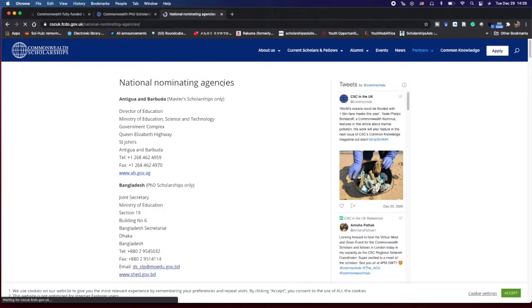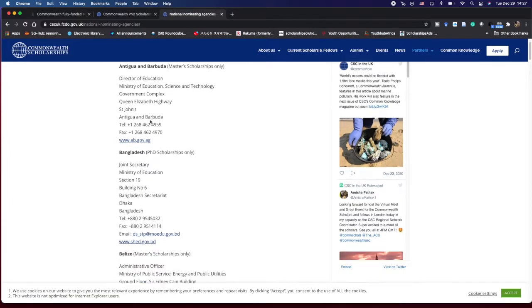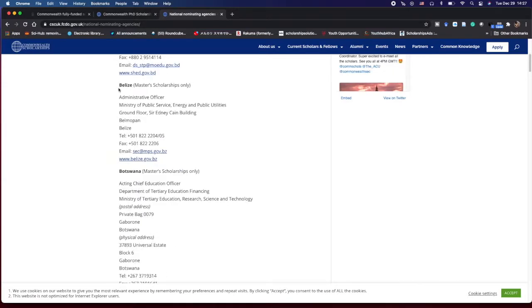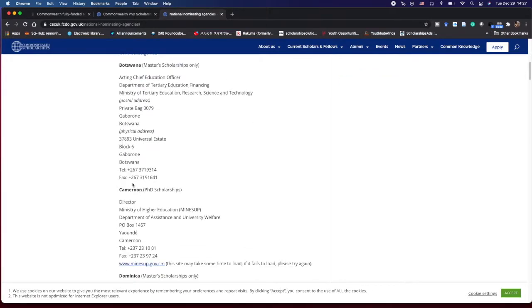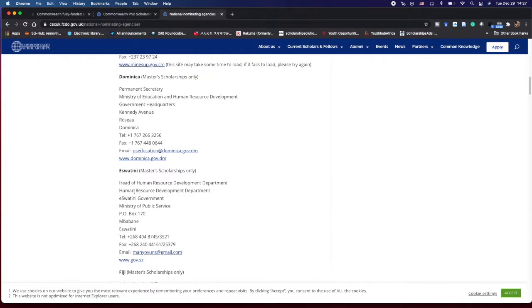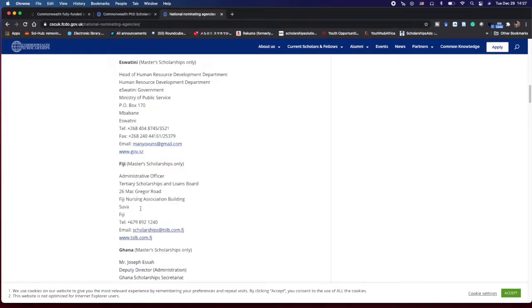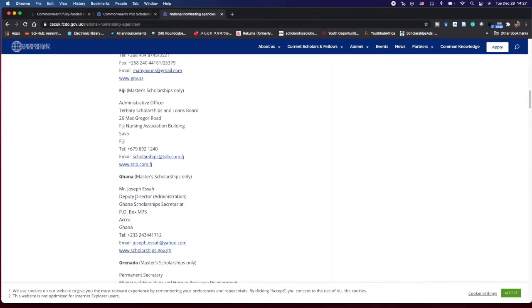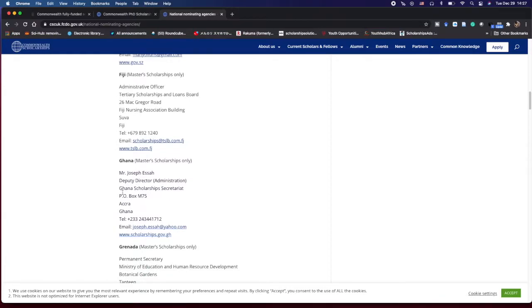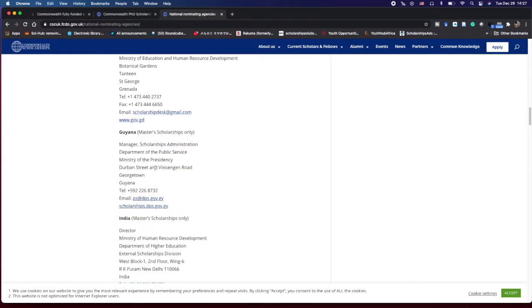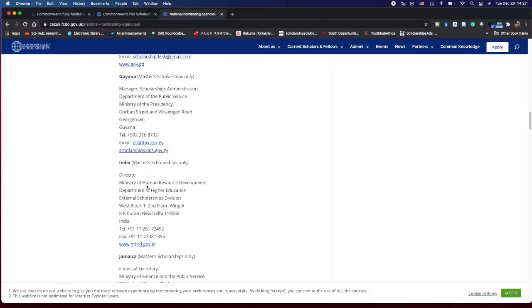So here it says national nominating bodies: Antigua and Barbuda, Director of Education, Ministry of Education; Bangladesh, Ministry of Education; Belize, Ministry of Public Service; Botswana, Ministry of Tertiary Education; Cameroon, Ministry of Higher Education; Dominica, Ministry of Education; Eswatini, Head of Human Resources, Ministry of Public Service; Fiji, Tertiary Scholarships and Loan Board; Ghana, Deputy Director, Ghana Scholarship Secretariat; and then Grenada, Ministry of Education; Guyana, Ministry of the Presidency; India, Department of Higher